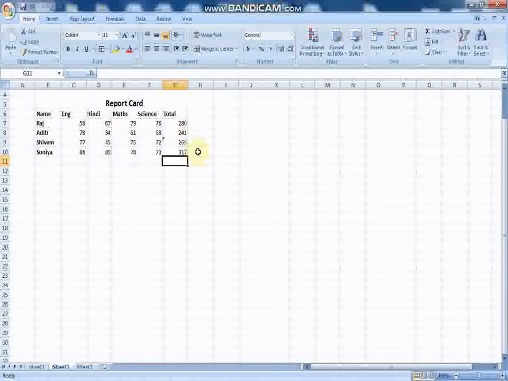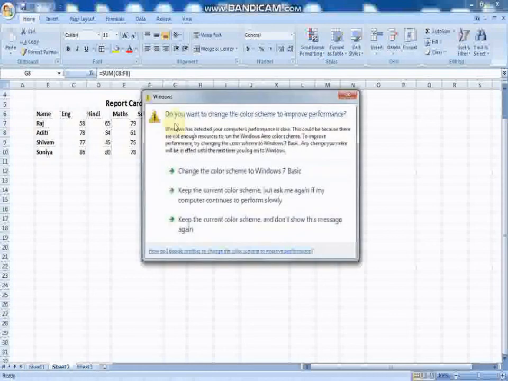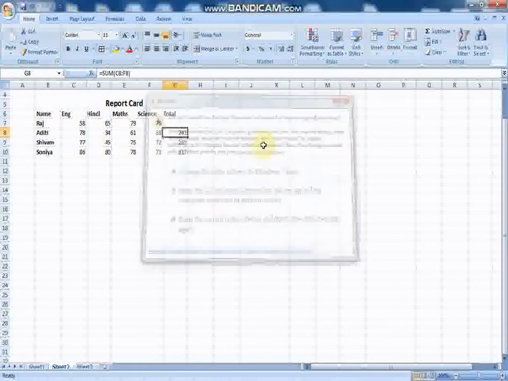Another method I am telling you is, for example, I am changing the data, the marks of Hindi, and just click here and you can see the changes inside it. Another one is I am just deleting this data and I want to calculate inside it.